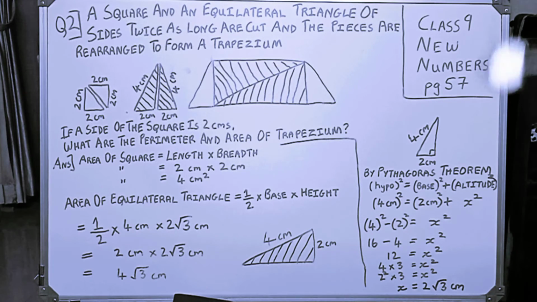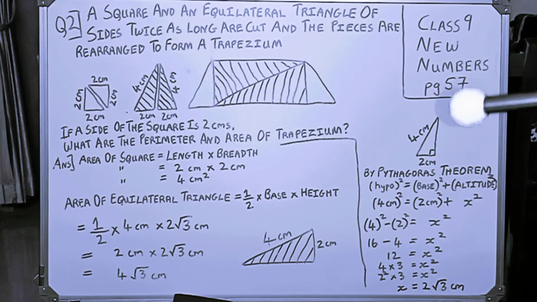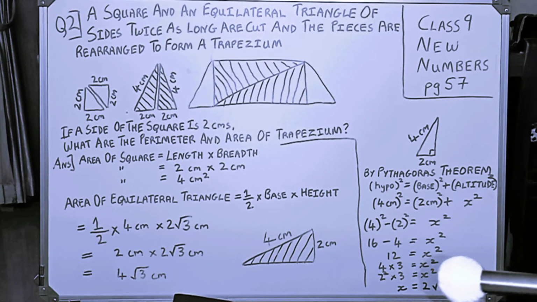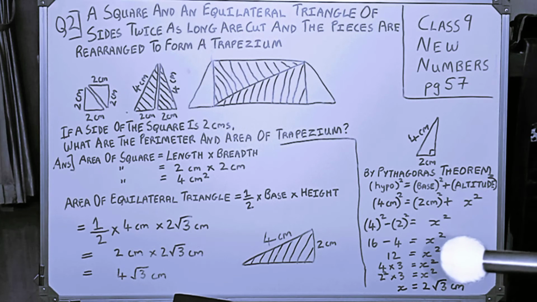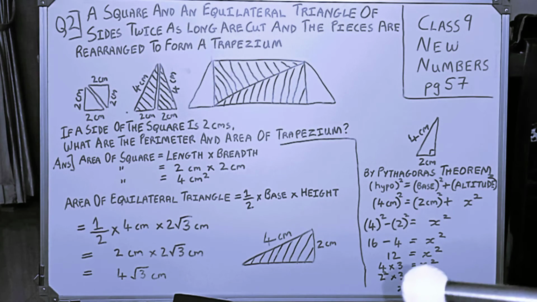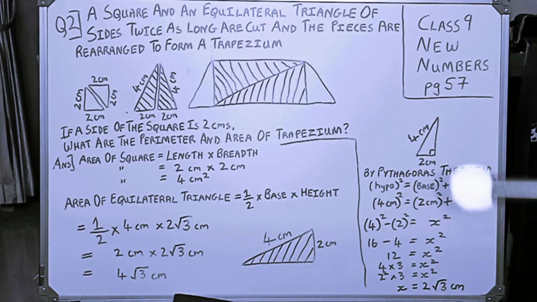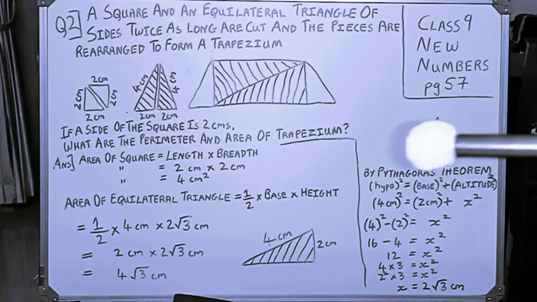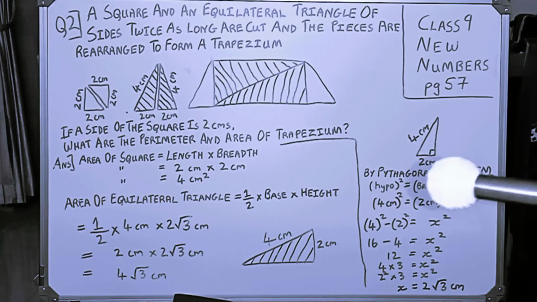Now we have found out x is equal to 2 root 3, this side is equal to 2 root 3. Once we remove the square, this same equation gets converted into 2 root 3. So that is how we have found out x is equal to 2 root 3. Okay, now we will be using this in this equation.